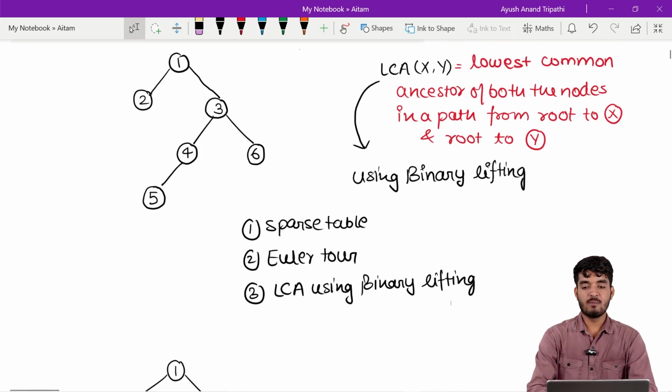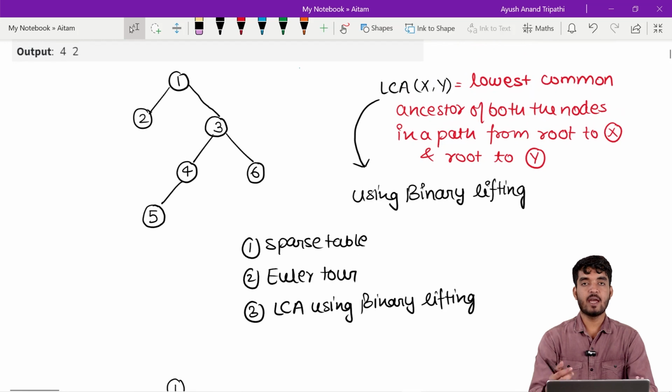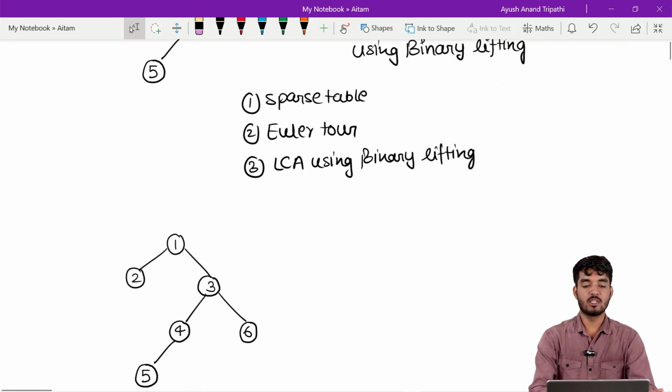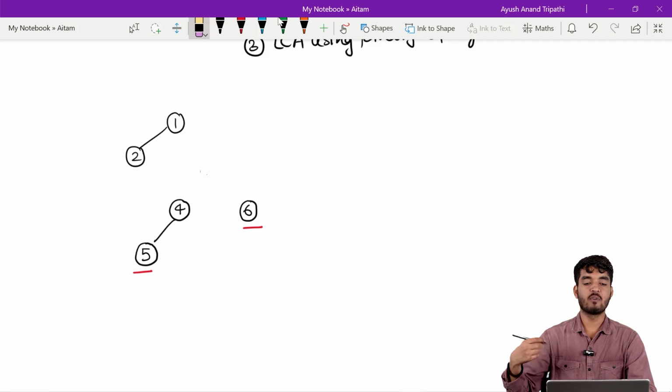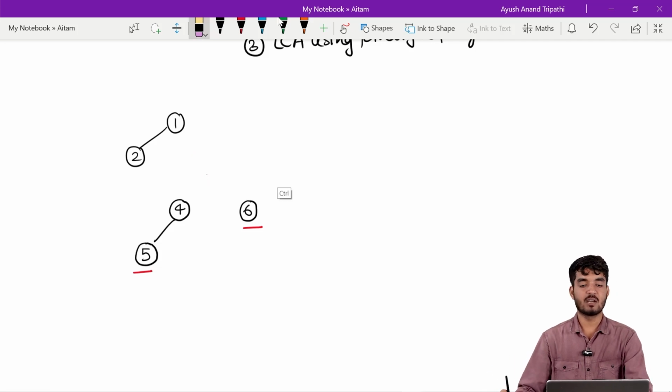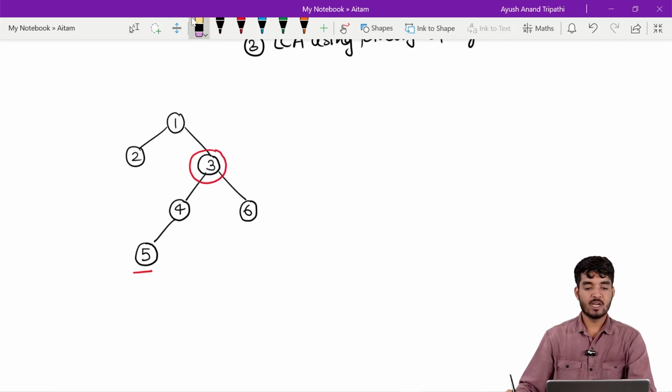At this point, let's say we know the LCA. Once I know the LCA, how can we solve this problem? Let's say we have node 5 and node 6, so the LCA of 5 and 6 is equal to 3, and this 3 is the LCA. Once we get this LCA, I have to remove this 3 and all its direct connections, and then we have to find the size of the largest component. So for this, what I can do,